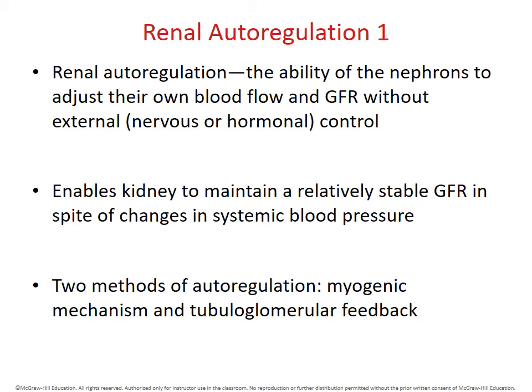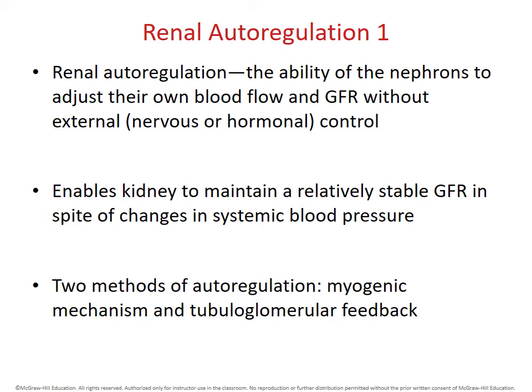Now, we will have nerve signals and hormonal signals that will work with renal autoregulation and use some of the same structures. But if you could magically isolate the kidneys from any of the signals coming from the nerve plexus or from any hormones in the blood, it would still have this innate capacity to affect its own blood flow